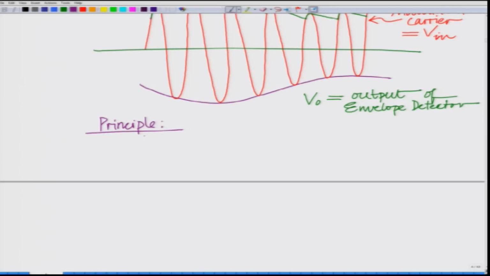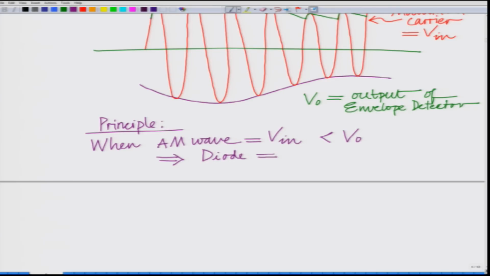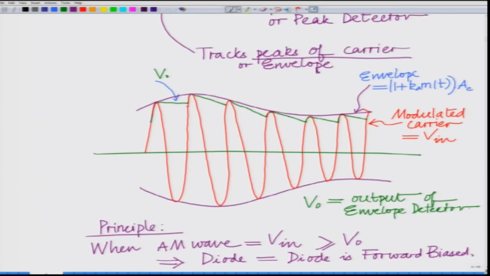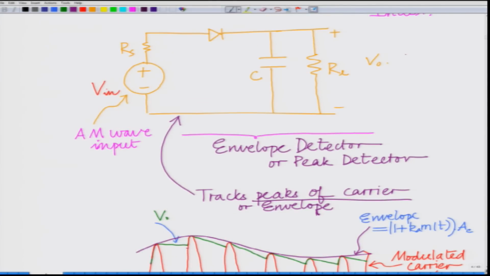So, the principle of the envelope detector is: when your AM wave, that is V in, is greater than or equal to VO, the diode is forward biased. So, this is your diode, let us denote this diode D. So, V in greater than VO